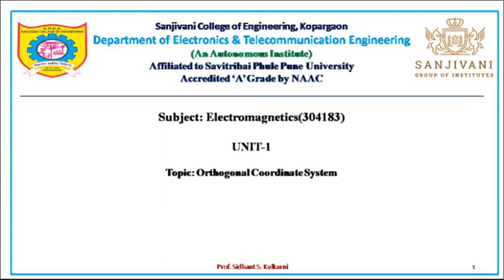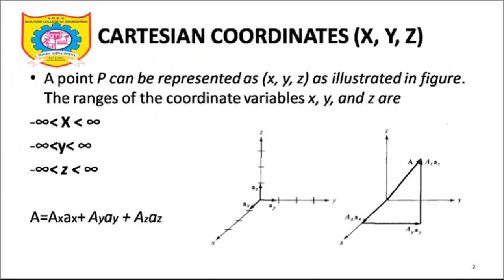Now in the previous lecture we talked about vector calculus. We went through the dot product, cross product, some of the concepts of vector calculus which are required for the upcoming syllabus. That thing we already discussed. Today we will be focusing more on orthogonal coordinate system. What is the meaning of orthogonal coordinate system? That we will look at first, and then we will go to the Cartesian coordinate system.